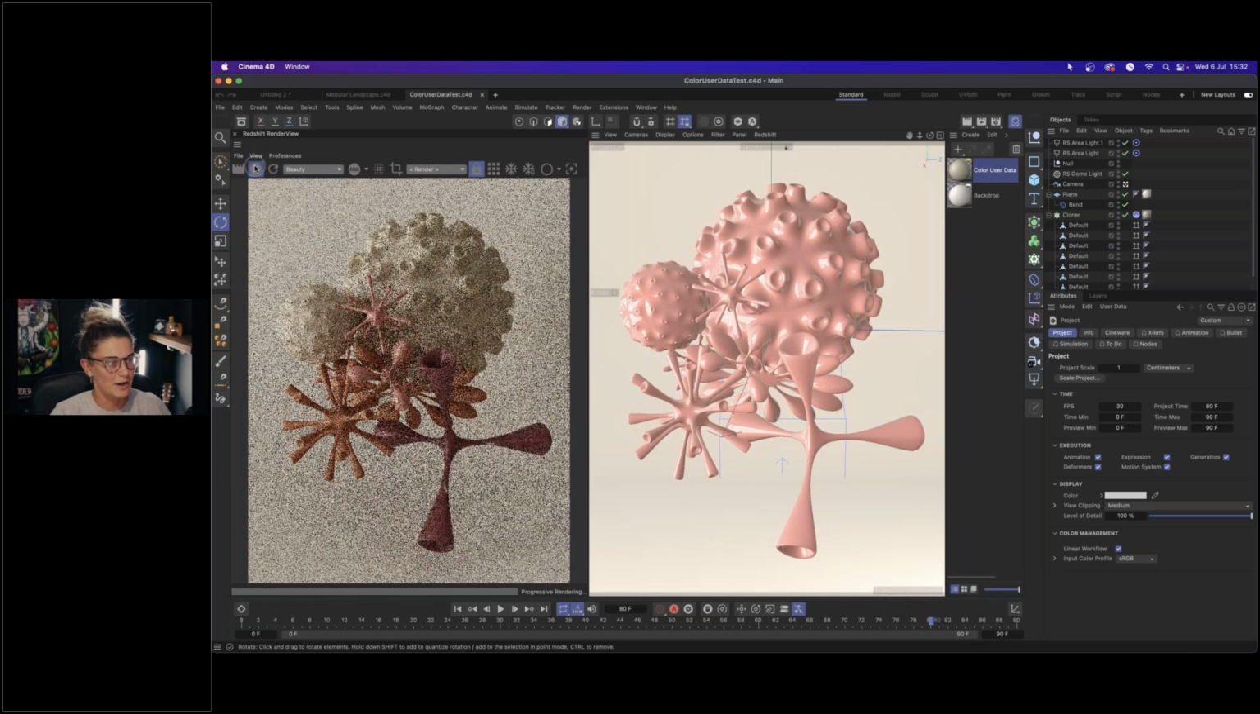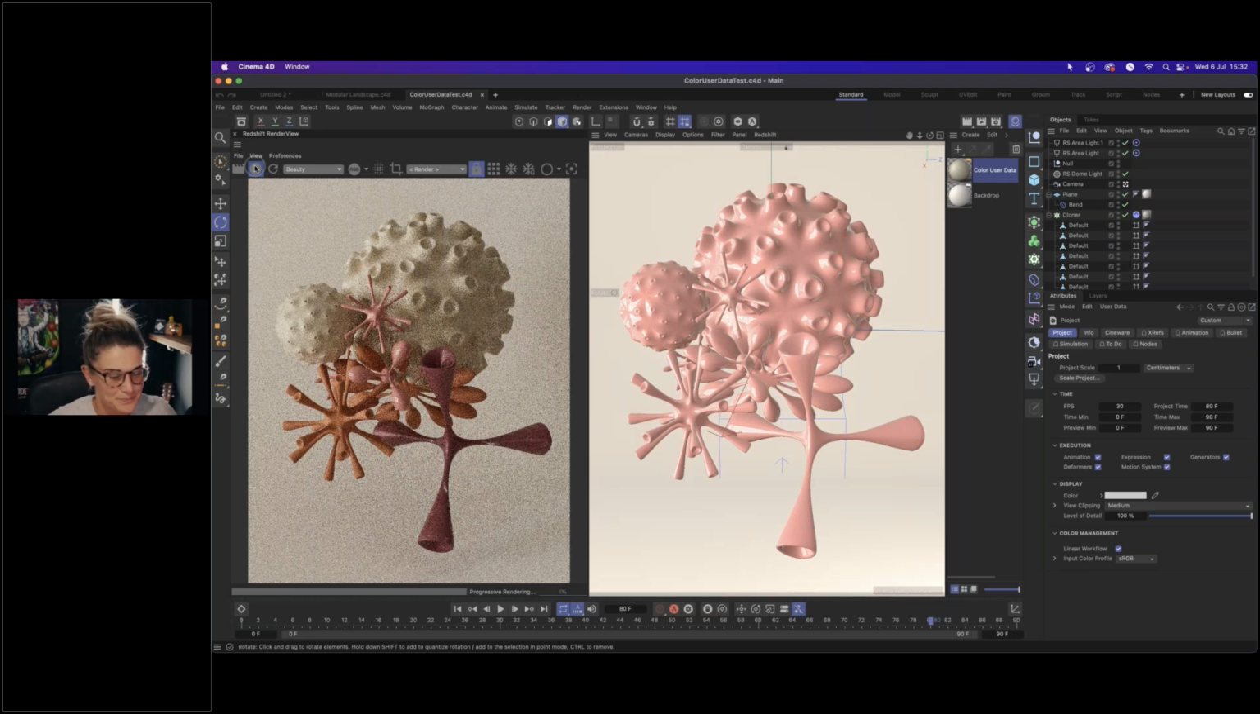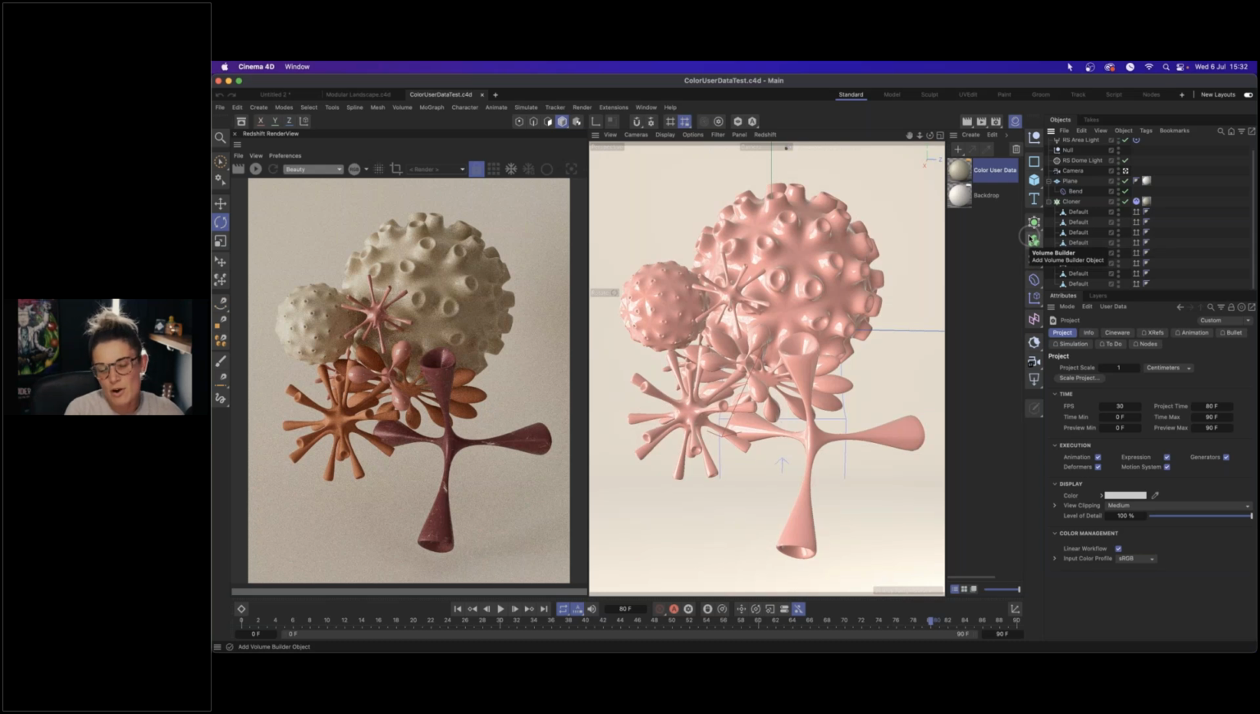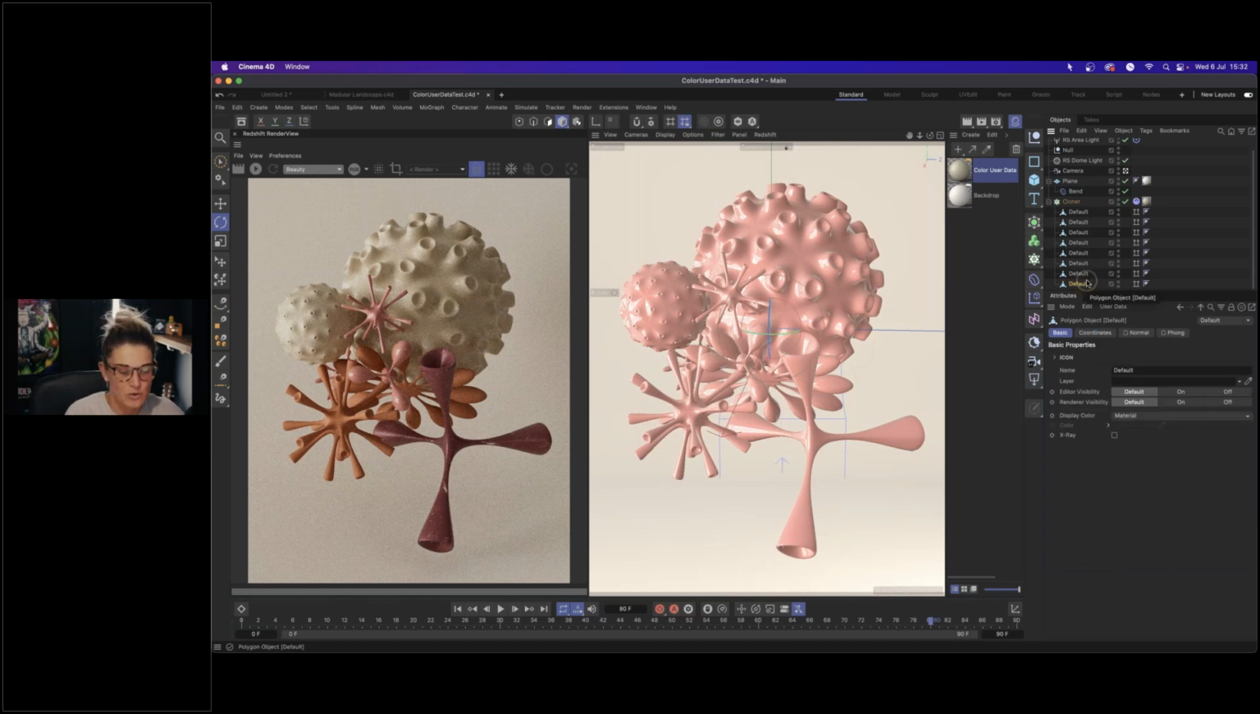Right, let's have a little go. So this was a really quick setup that I did about 20 minutes before the session because I wanted to show some cool uses of color user data. So what we have here is one material. When I say a normal MoGraph setup, all I've got is individual objects